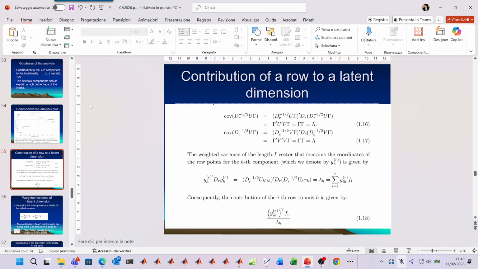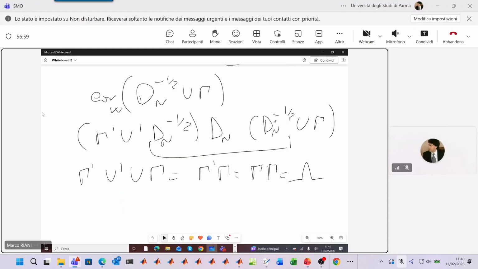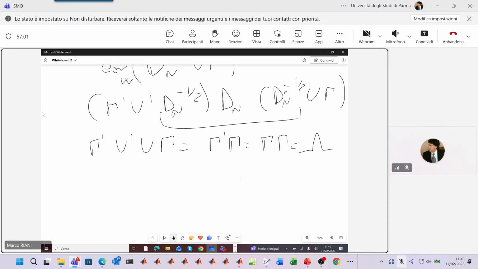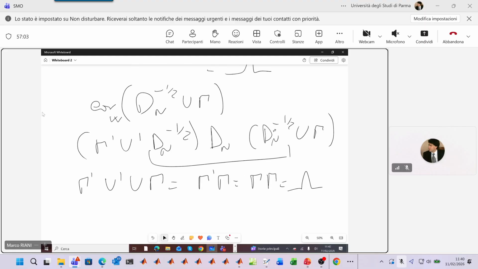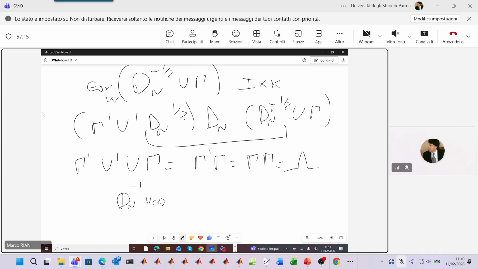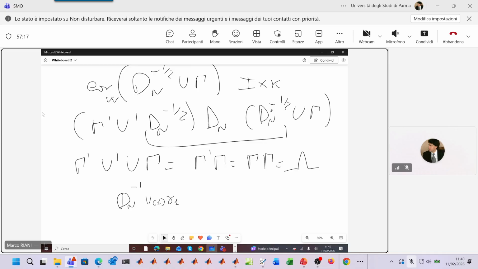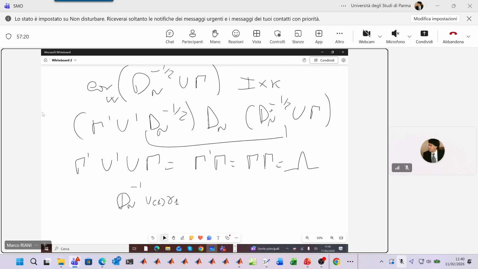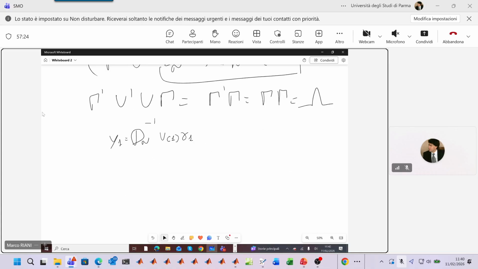So, therefore, for all coordinates, this is I times k. For the generic coordinate, for example, the first, U1 gamma 1. Okay, this is y1. So you want to have the variance of y1,